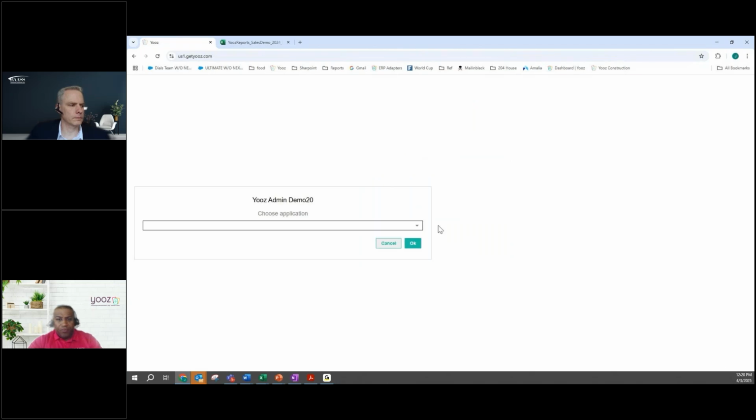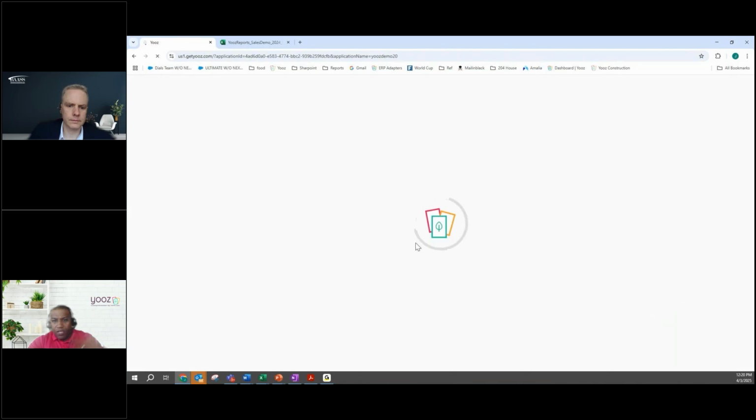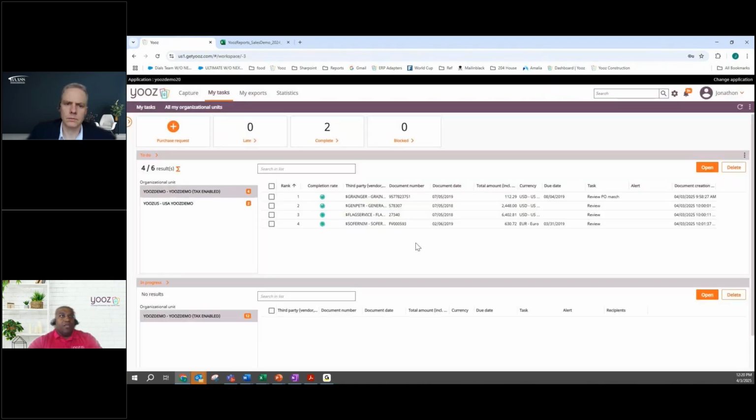So let's log on in. Let's take a look. You will not see the screen. I'm associated with all my colleagues. We all have separate demos, and so that's why the screen pops up. If you have different organizations with different ERPs or maybe the same ERP, we'll have that all in one platform. While my system is loading, there we go.